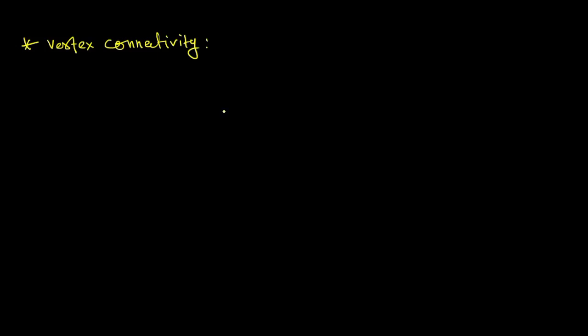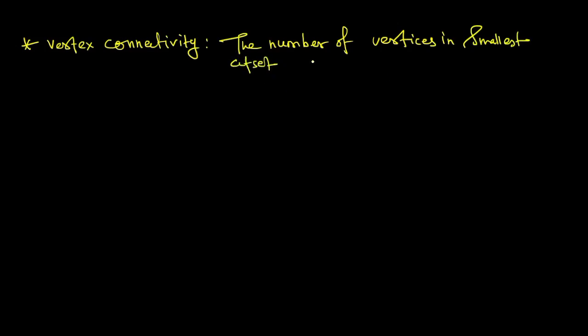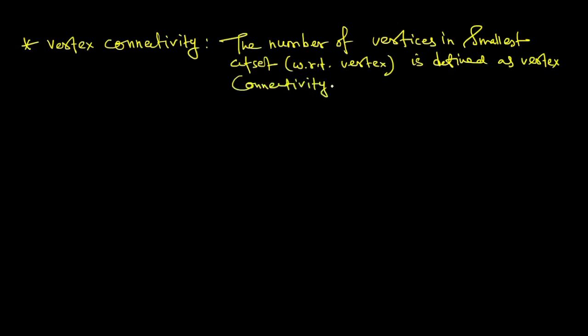Okay, the number of vertices in the smallest cut set, with respect to, obviously, with respect to vertex, is defined as vertex connectivity. Okay, and it is denoted by